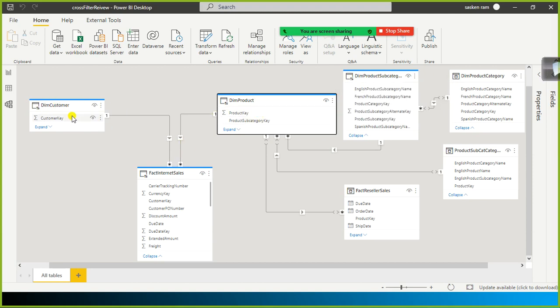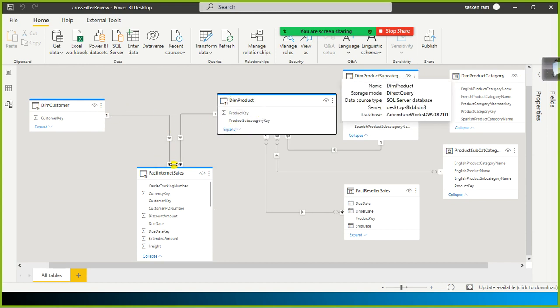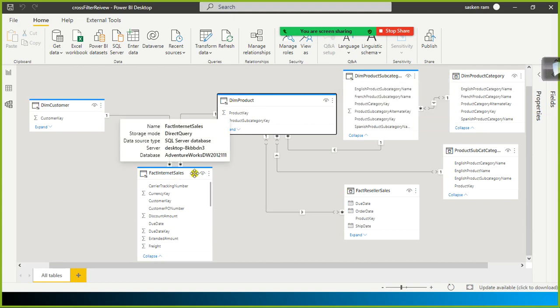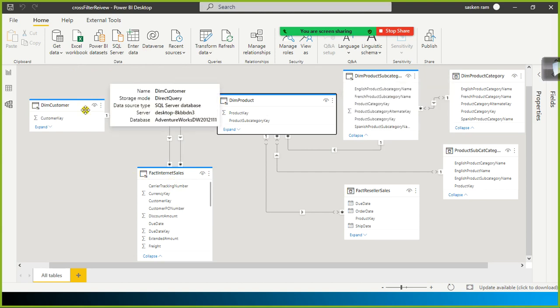See, between the customer and internet sales tables, we can see a one-to-many relationship. Whereas between product and internet sales, we also have a one-to-many relationship. So if the customer wants to filter, the customer table can filter this sales table, and also the product table can filter the internet sales table. Whereas if you want to filter the product table from the customer table, it is not possible, because if you look at the direction, the arrow direction of the relationship here,